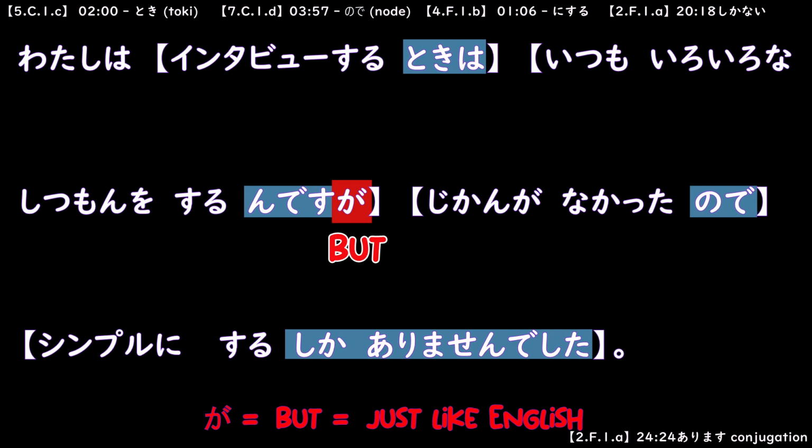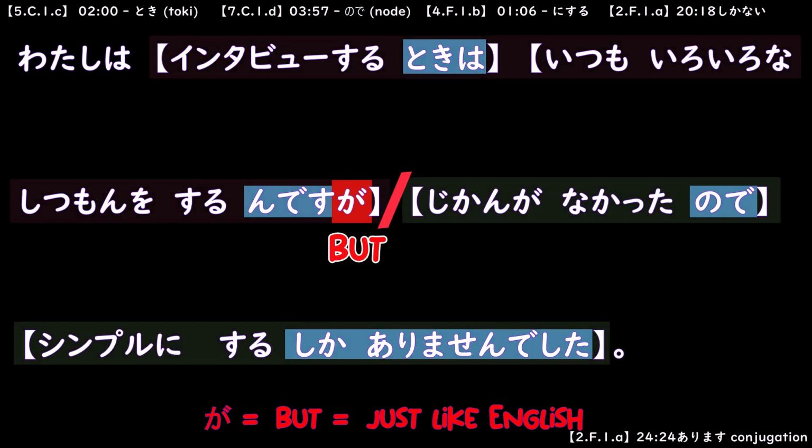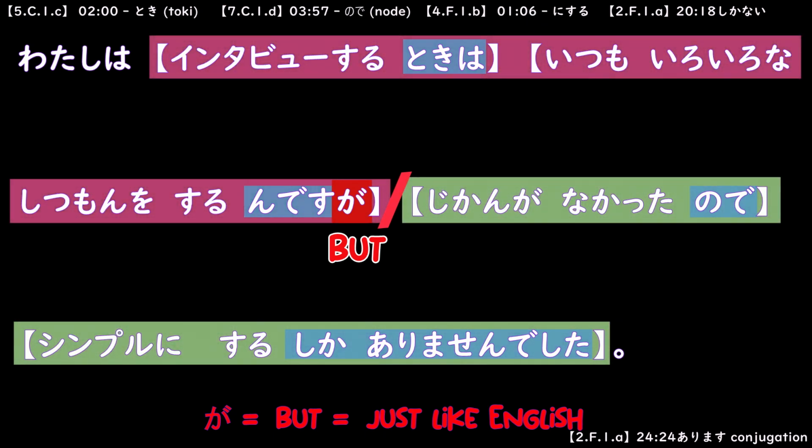Therefore, you can add a slash because you will have a big cut in your sentence. 2 independent parts that you will translate one after the other. So it simplifies the translation even more. To simplify things, you can just remember that when you have ga or kedo, you can add a slash and translate in order. And then you translate bit after bit.